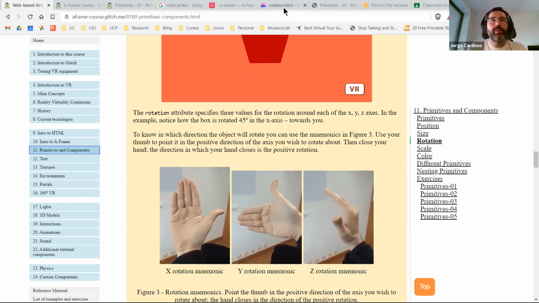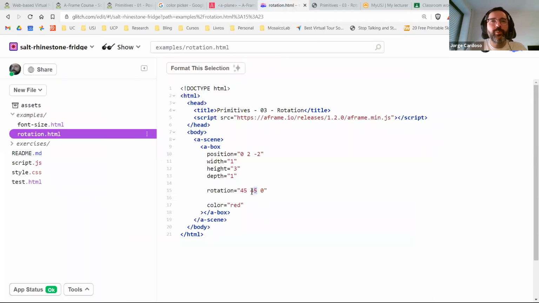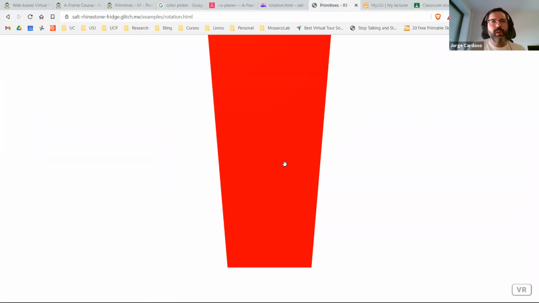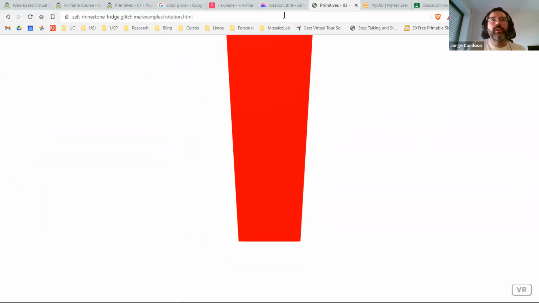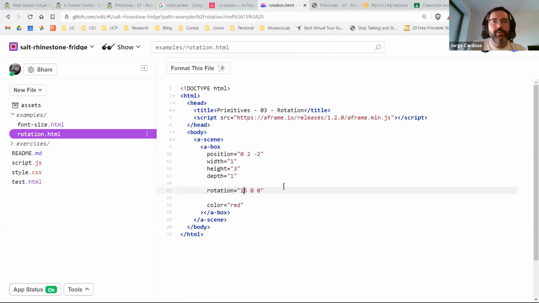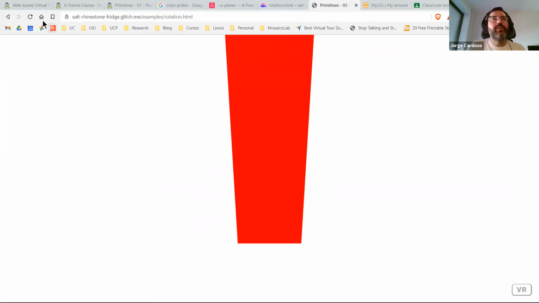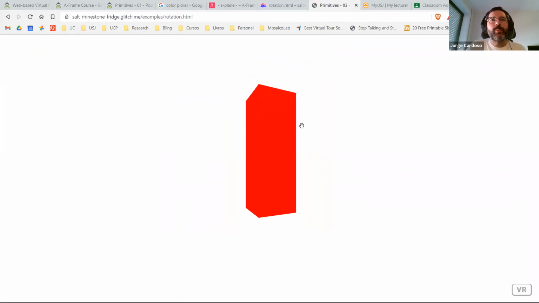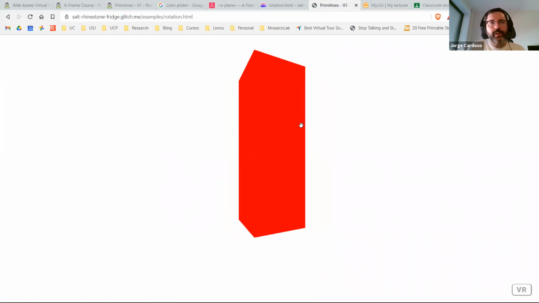Because one of the problems is, let's say I'm going to rotate a different value. So instead of 45, I'm just going to rotate 15 and see the result. And so it's just rotated. I'm going to maybe increase it a little bit so it's easier to see. So rotation on, and I'm going to change this. I think it's easier to see on the y-axis. So I'm going to reload. So the box is a bit rotated on the y-axis